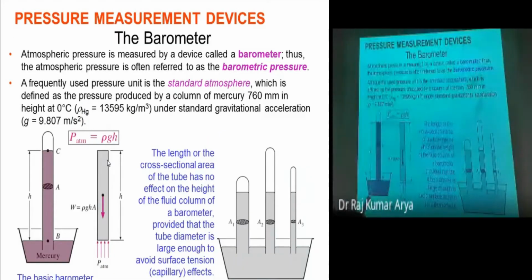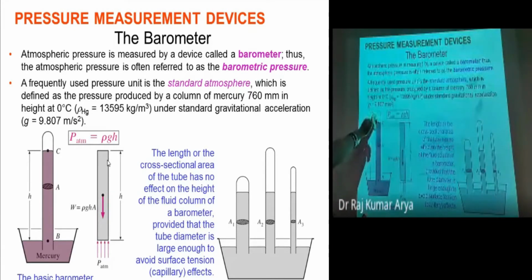Then we have the measurement of pressure measurement devices. This is taught to you in your 8th standard, the basic barometer. A barometer is just an inverted tube with a perfect vacuum condition at the top. This inverted tube is filled in the mercury bath, and based on atmospheric pressure, which presses on the mercury, the mercury goes up.